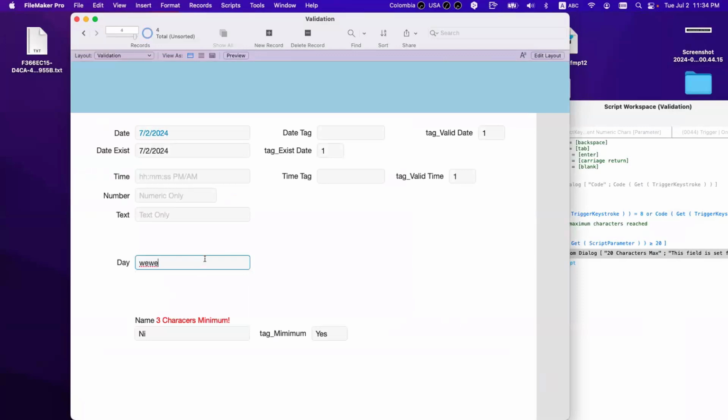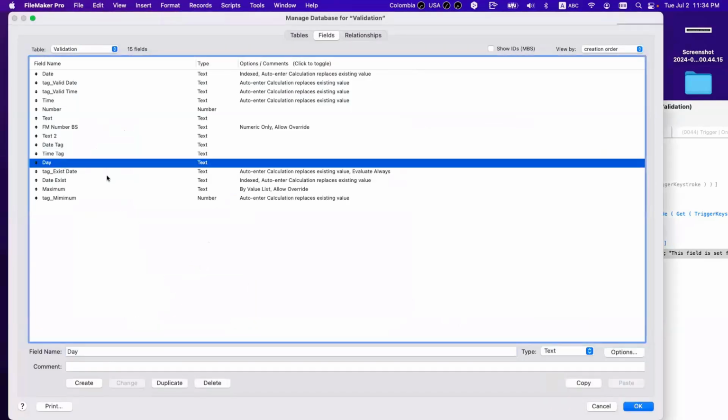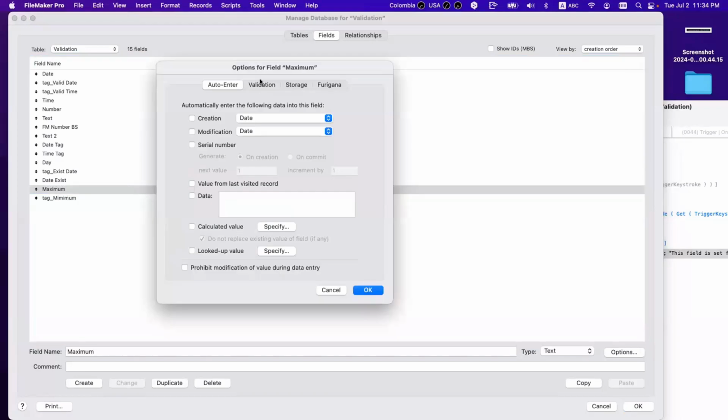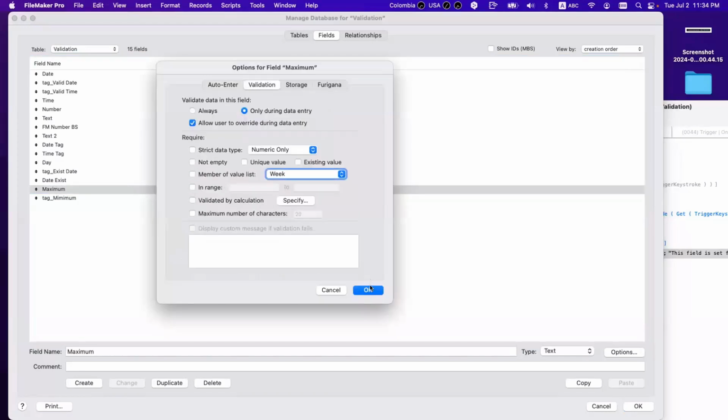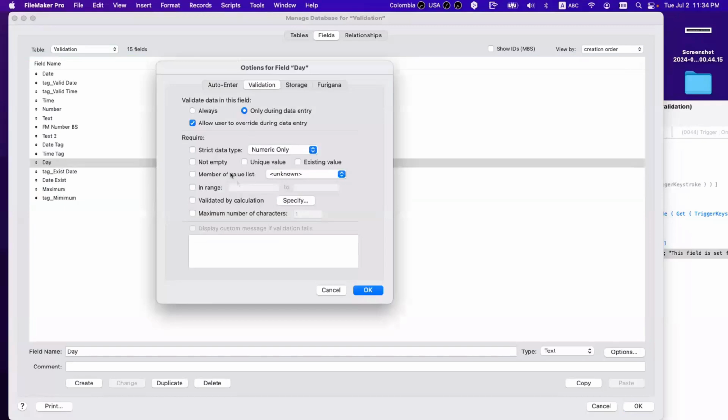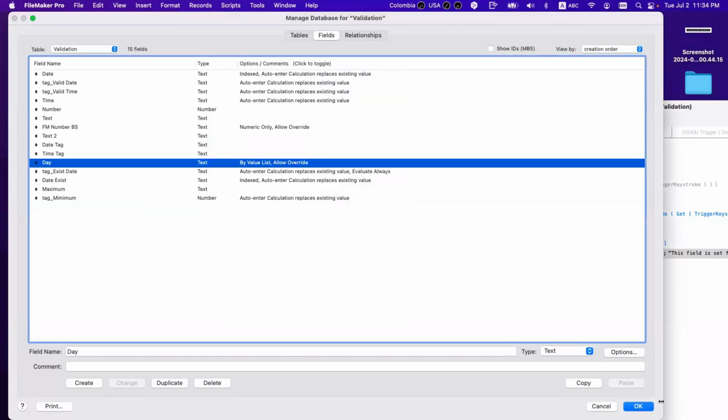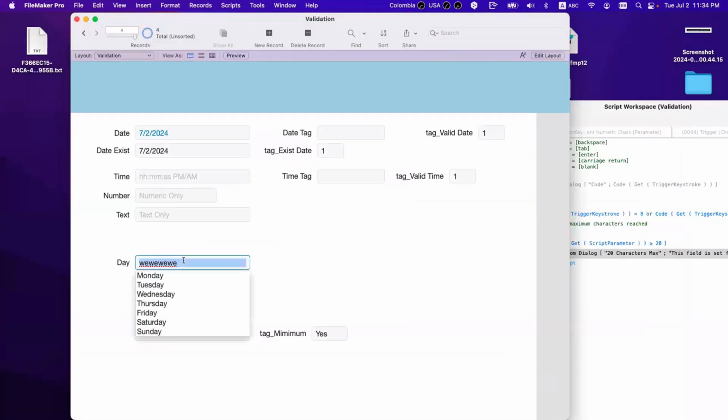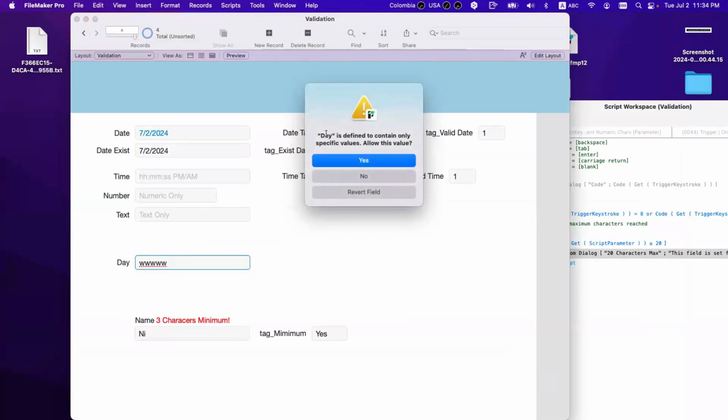So if you put something that is not part of the value list, day is defined to contain only specific values. So the data you input must be from a value list. So if it's not, you have this.